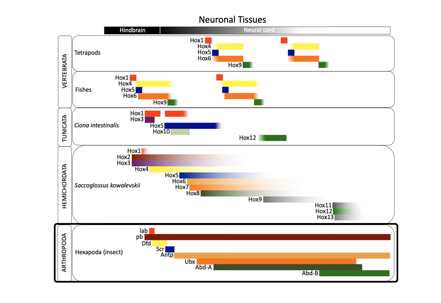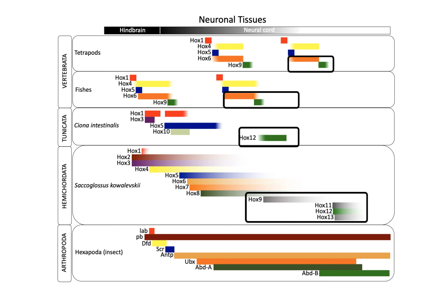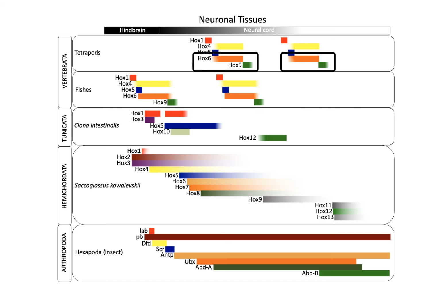In hexapods, that is insects, you have some that are turned on along almost the entire body, and then that forms those long abdomens in these, where you get shorter abdomen regions, and then these ones here in the tetrapods, these are then innervating the arms and the legs, and in fishes, the forefins and hind